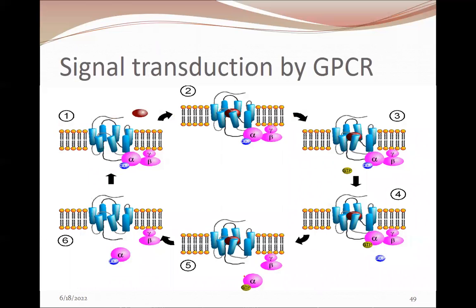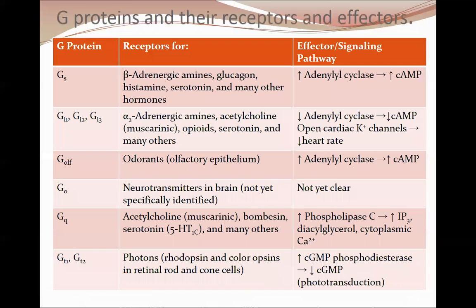Now talking about the signal transduction, let's come to this. In the first step, what you find is these three units together. There is no ligand here. This is the ligand, and this is GDP that is found here. Now the ligand comes and binds to the receptor. So now what happens is that this GDP is converted into GTP. So this particular compound gets activated. Once this is activated, the alpha and GTP unit combine together and the beta and gamma unit remain separate. Now this high energy source causes further activation of various enzymes, and it acts as middle management between the first and the second messenger system.